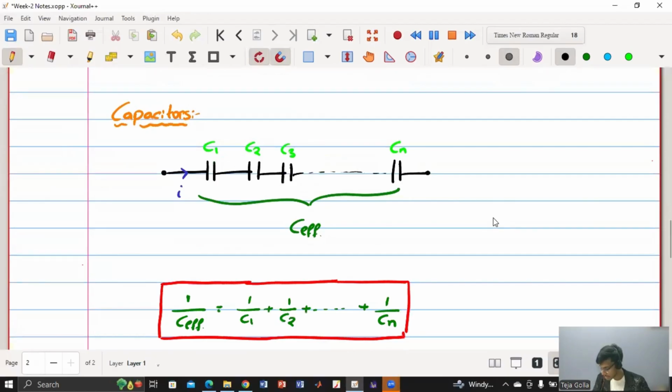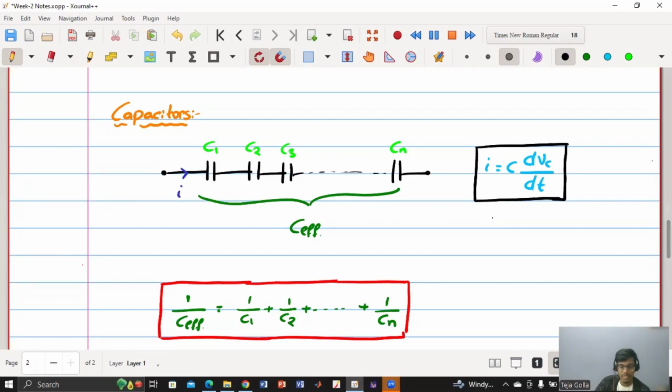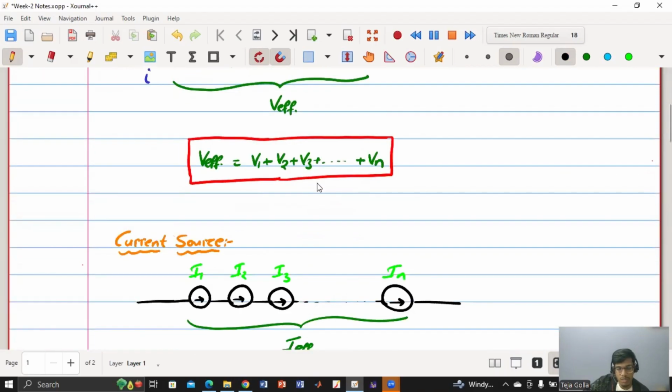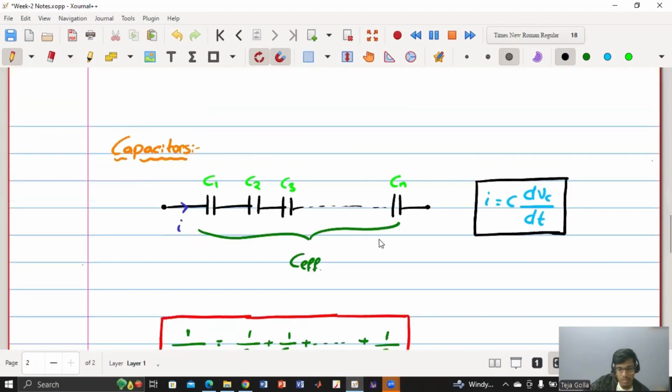Whereas in the case of capacitors, what is the relation? We know I is equal to C into dV across the capacitance by dt. So individually, the current is same. So we have to add the voltages because we are applying KVL, and if they are connected in series, the overall voltage is nothing but summation of the individual voltages. So we know that V total effective is nothing but V1 plus V2 plus V3,